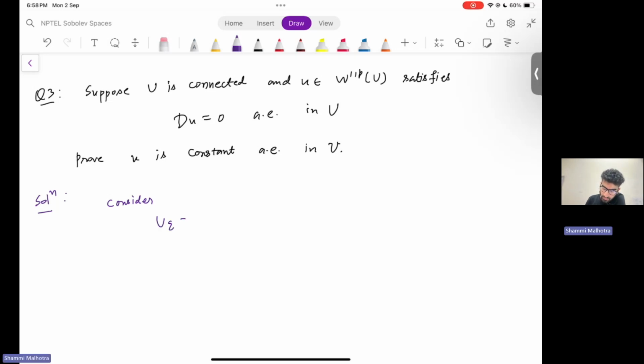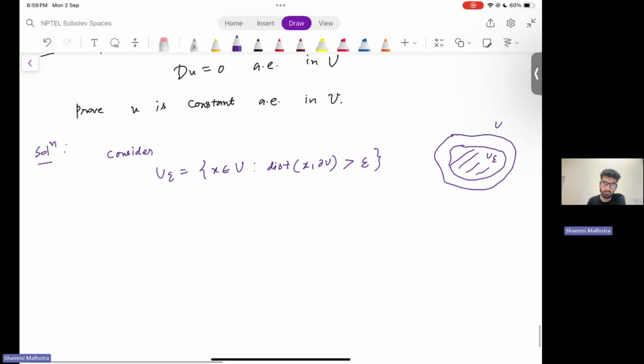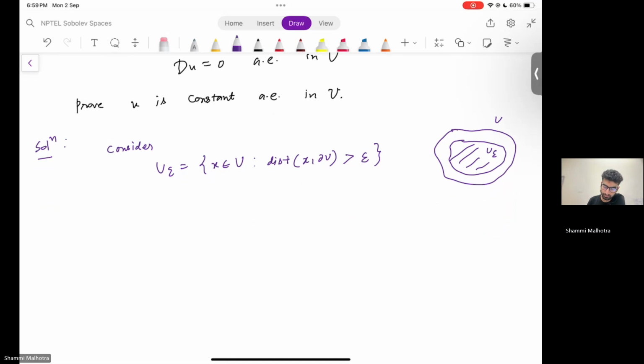consider u epsilon to be all those x in u such that the distance of x from the boundary of u is greater than epsilon. So if my u is something like this, the u epsilon is something in the inside region. So this thing is u epsilon. So for x in u epsilon, consider the function